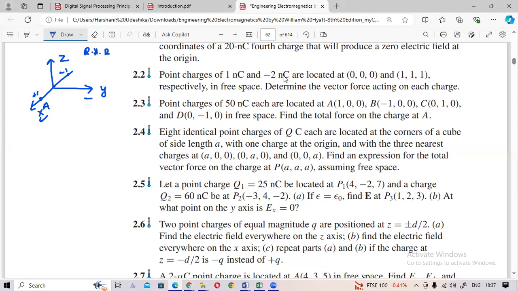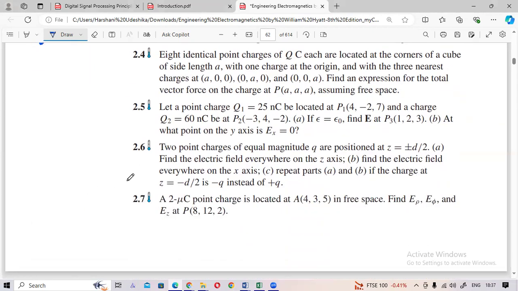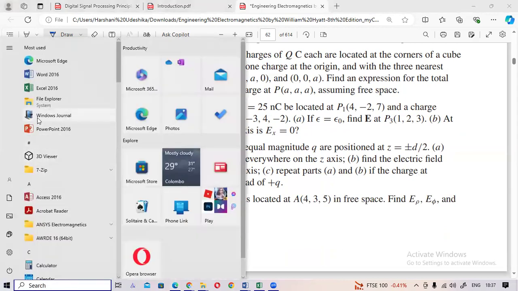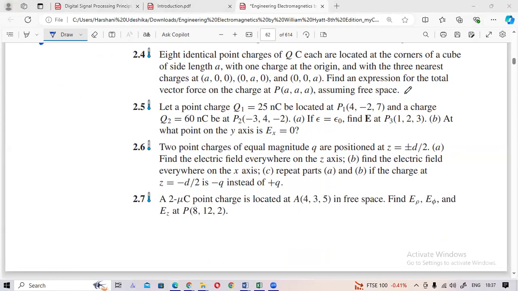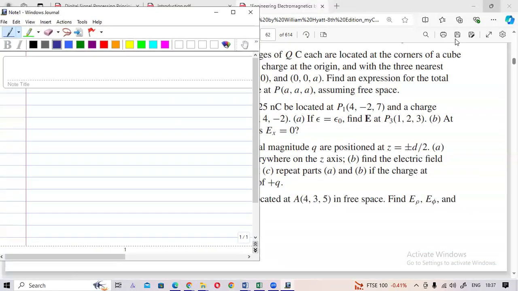Then this is location B. Location C is X 0, Y 1, and Z 0. So this is location C. If I draw that location again,